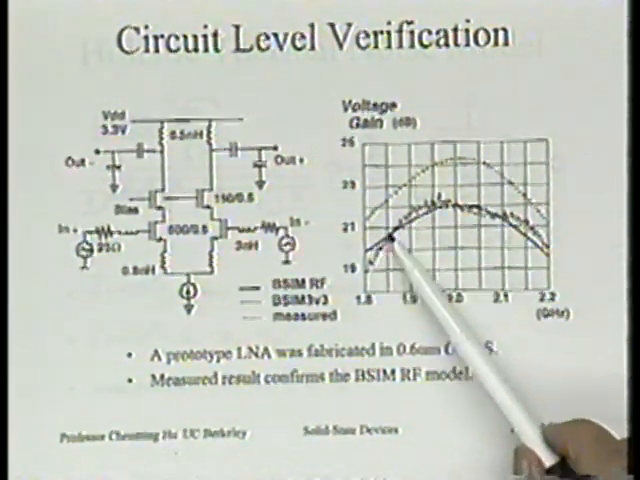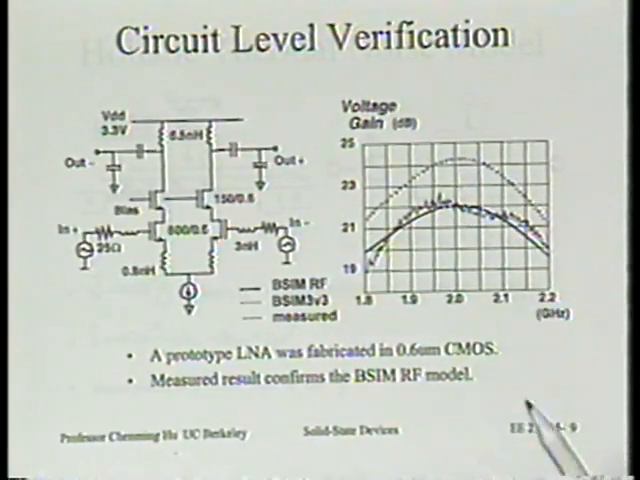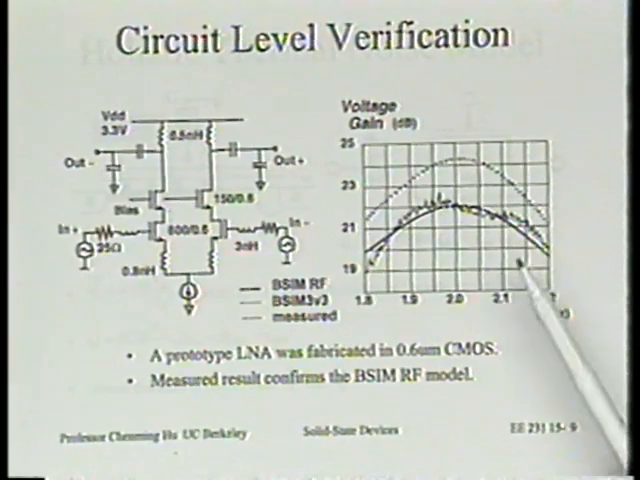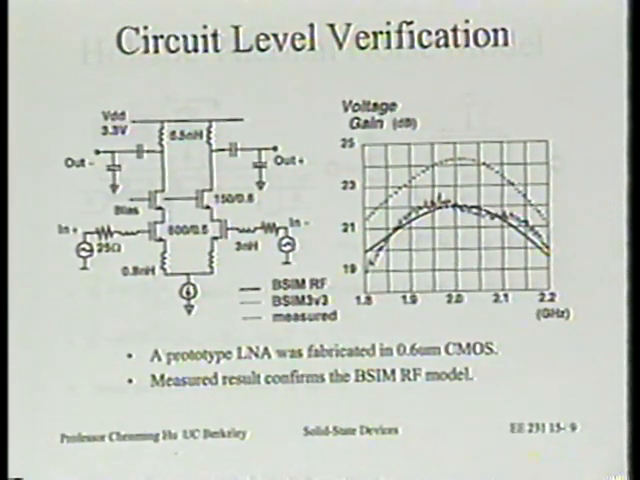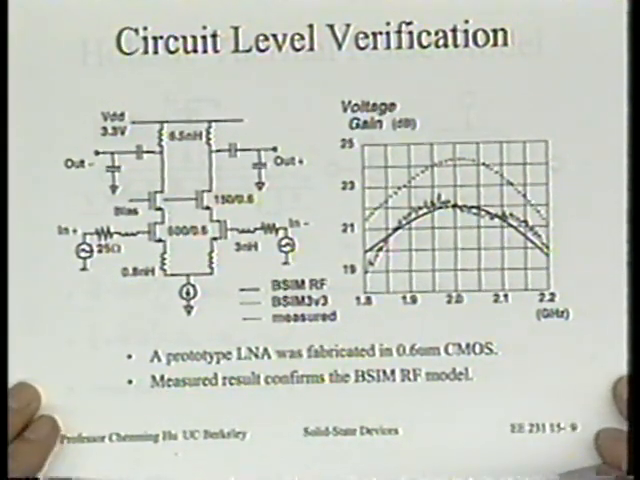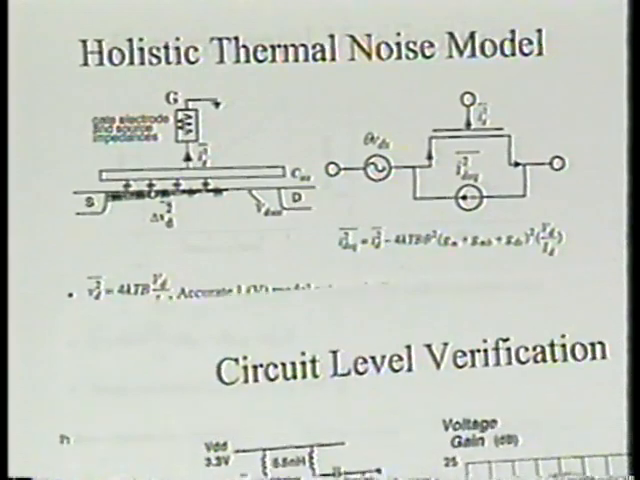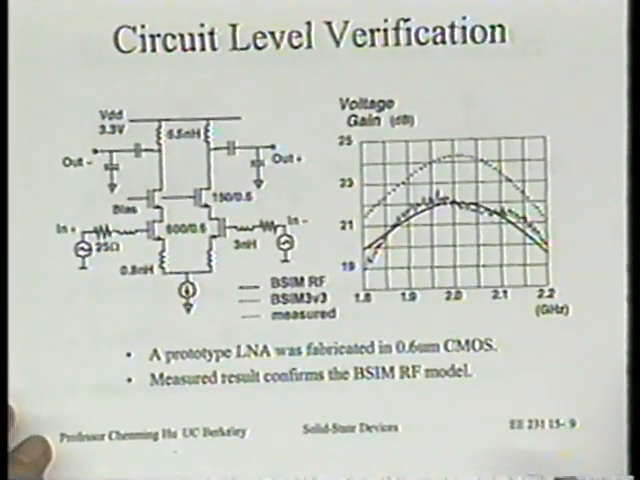This solid curve is simulation with this gate input resistance and with the substrate resistance network, and this dotted curve is without those additions. So that's the kind of difference it makes. All right. Okay. Any questions? So,